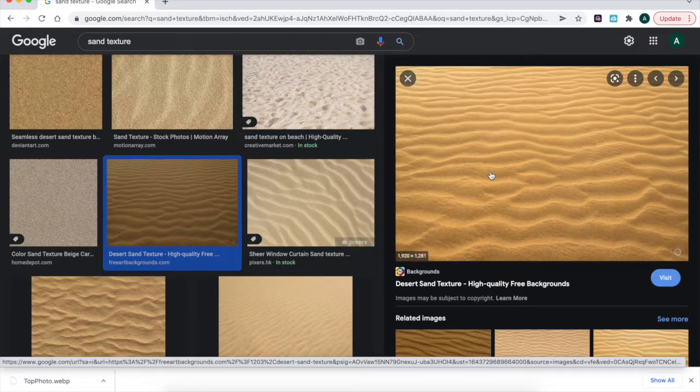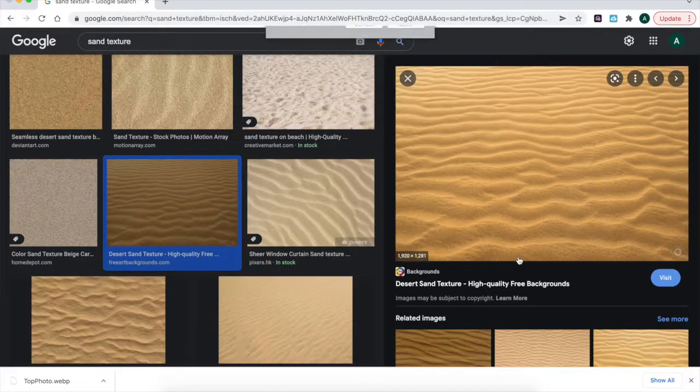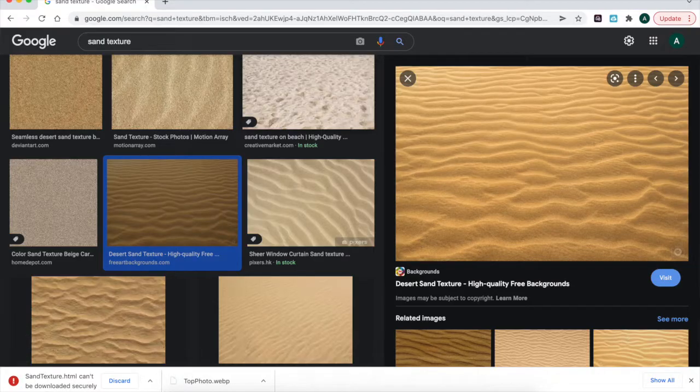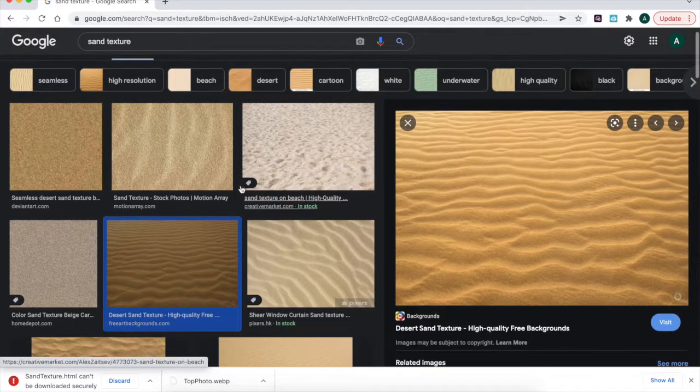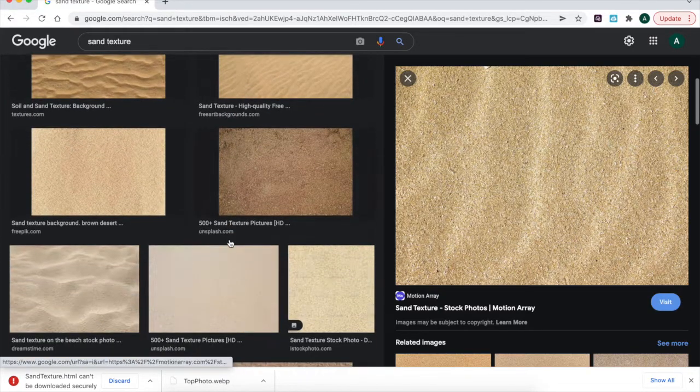So once again, two-finger click, save image as. This one here, we're going to call this sand texture, and I'm going to save it to the desktop. Again, you want to find two textures because you want to be able to merge them together, and I was looking for more of an individual grainy kind of look, so I like that one, but I'm going to search around, and